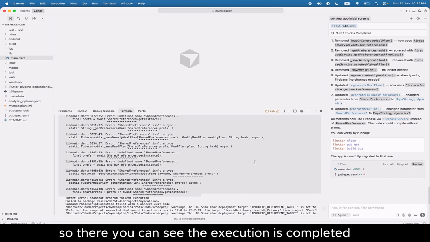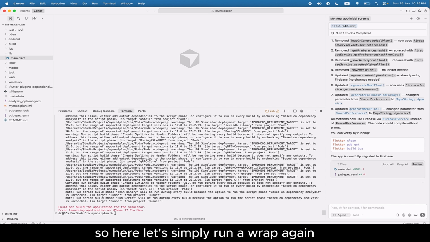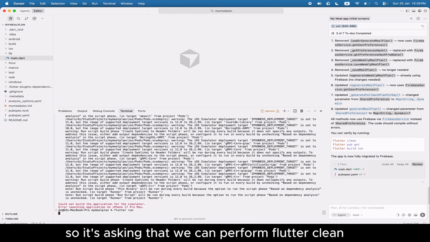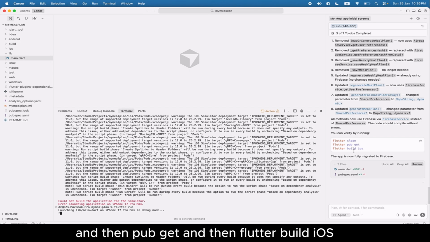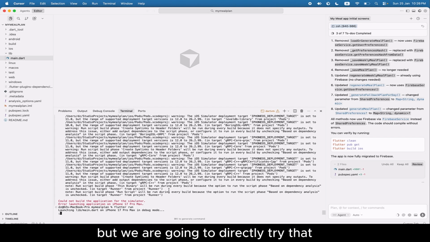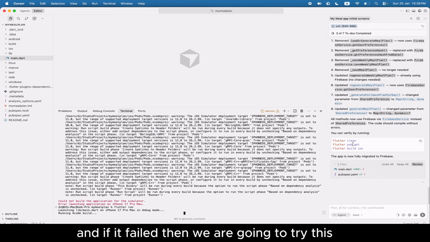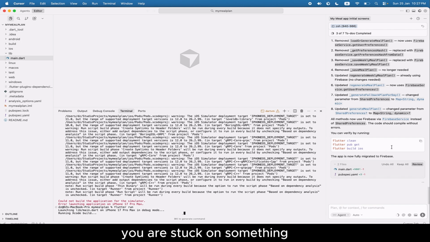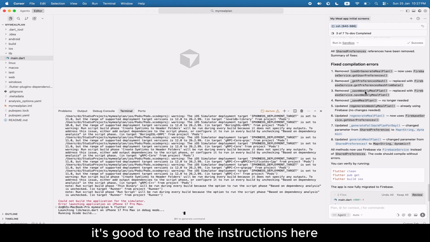So there you can see the execution is completed. So here, let's simply run our app again. It's asking that we can perform Flutter clean and then pub get and then Flutter build iOS. But we are going to directly try that, so let's see. And if it fails, then we are going to try this. So if, during development, you are stuck on something, it's good to read the instructions here,